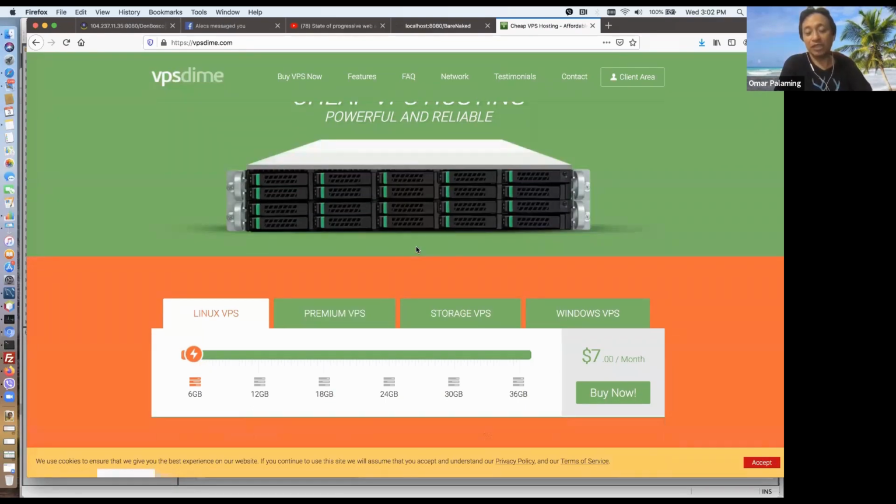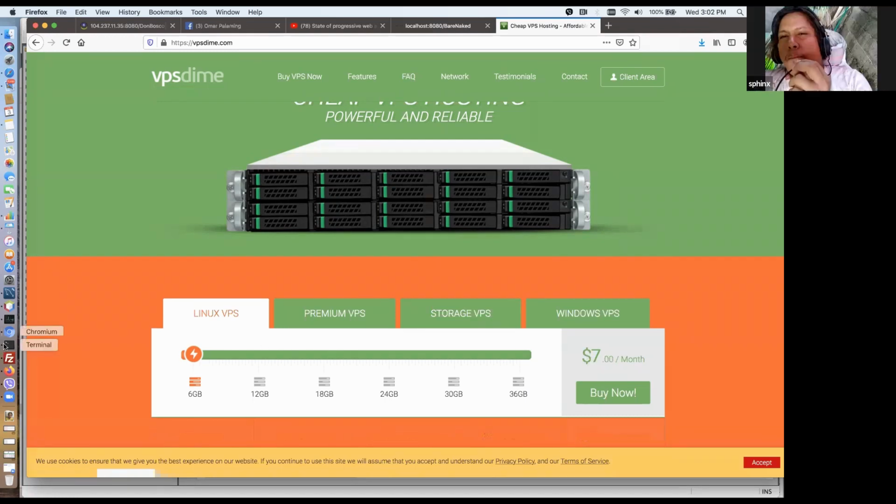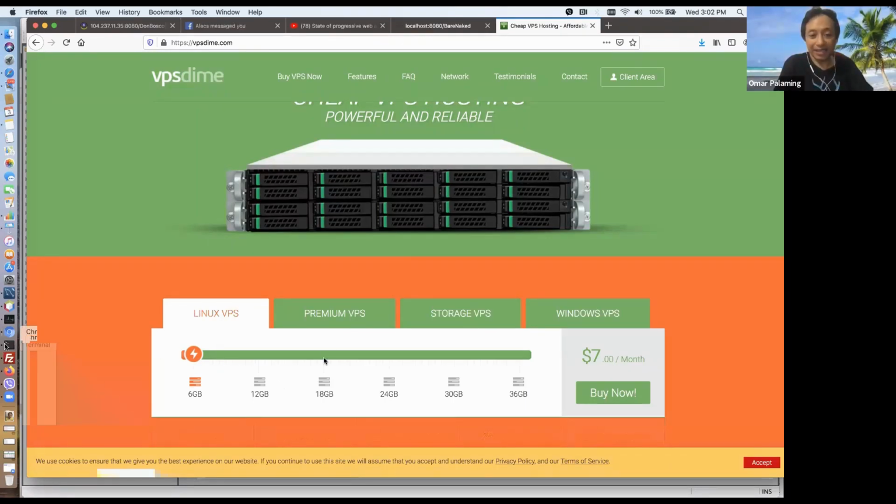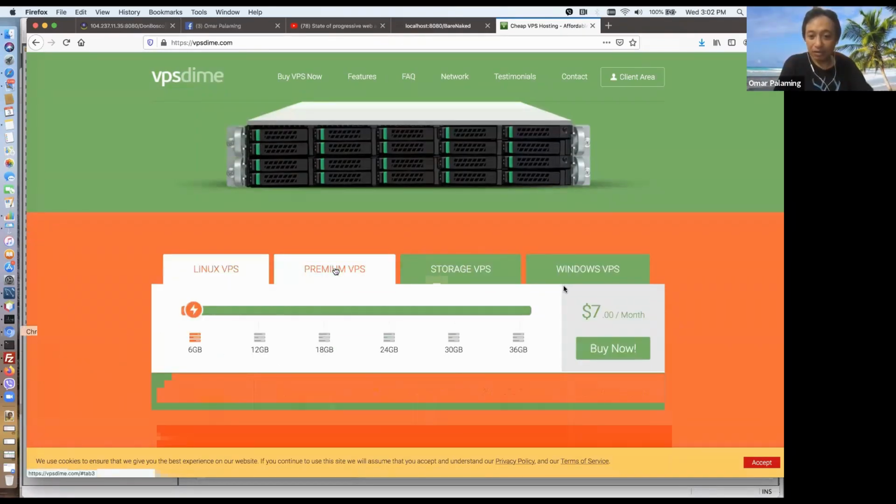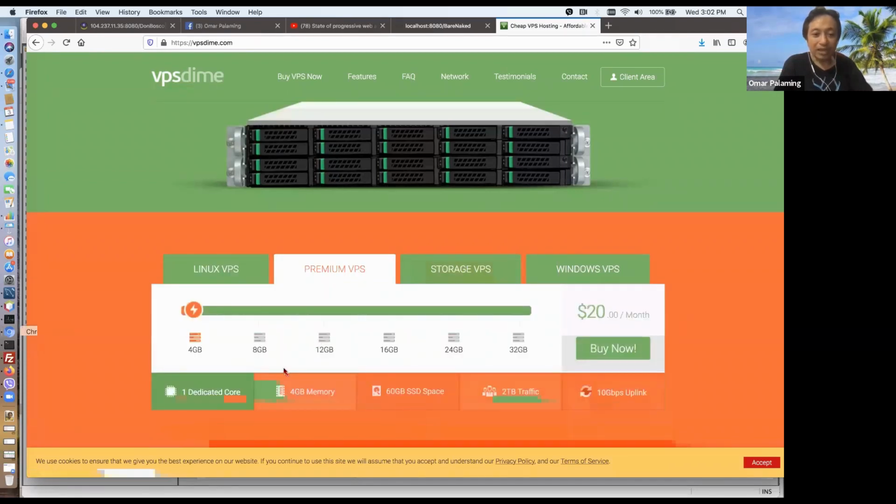Ito yung nakita ko, one of the cheapest na cloud application server. This is only, you can buy a $7 per month service for this. So if you buy this, because when you buy these types of servers, automatically meron na siyang OS. So ang OS niya ay Linux or Windows, VPS, but for application servers, usually sa mga kagaya